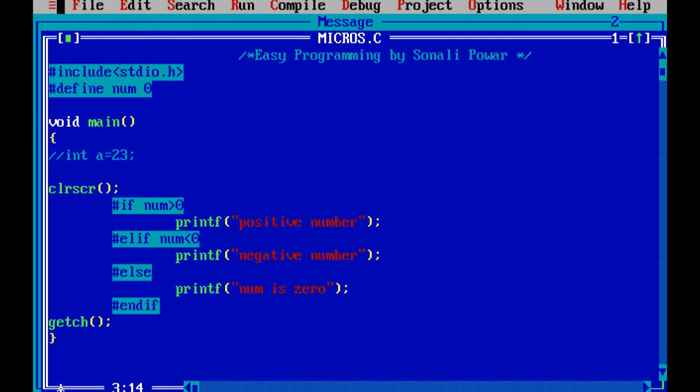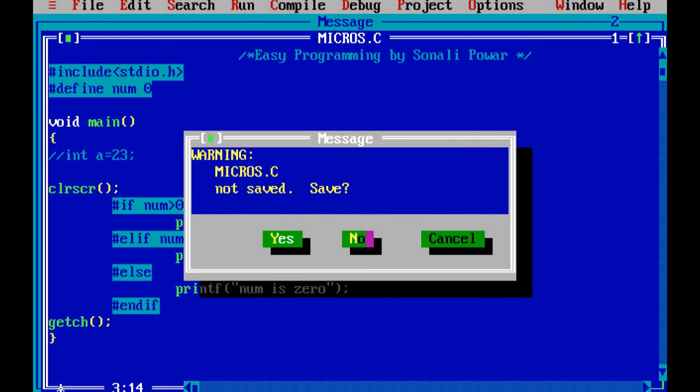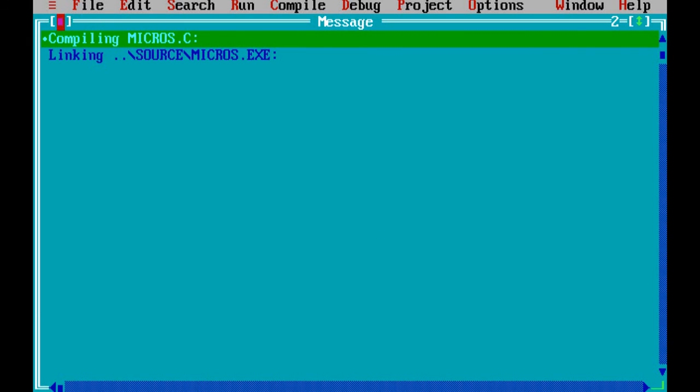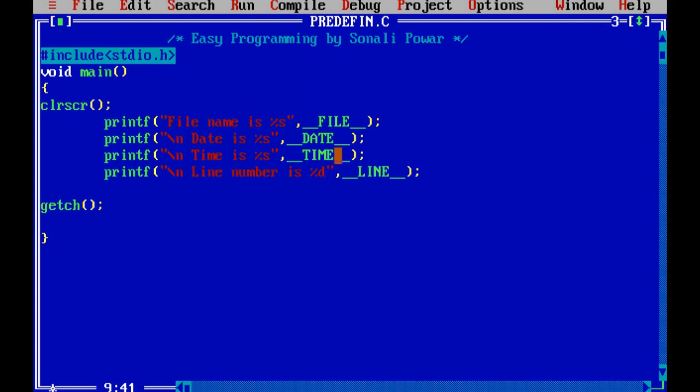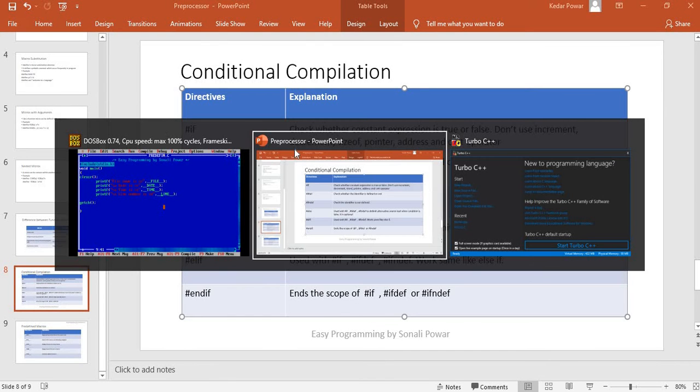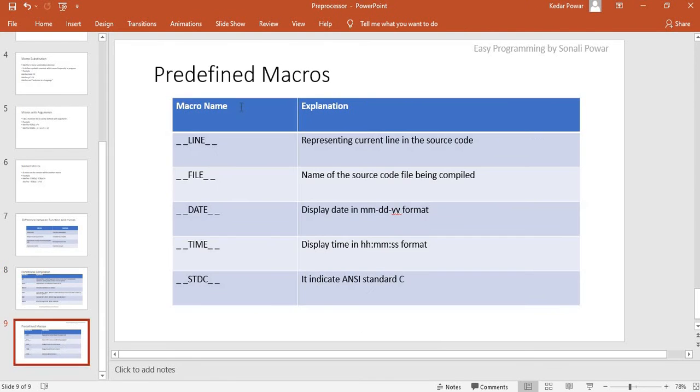Now next we will see predefined macros. First I will show you the slide. So these are the predefined macros. Line displays the current line of the source code. After that, file is used to print the file name or source code name of the source code file.